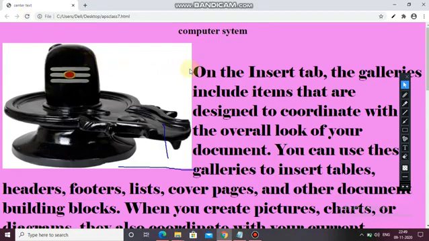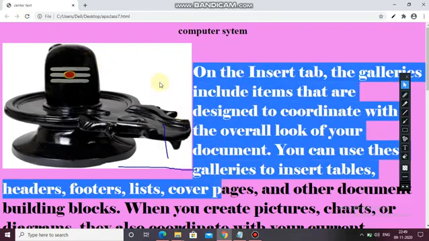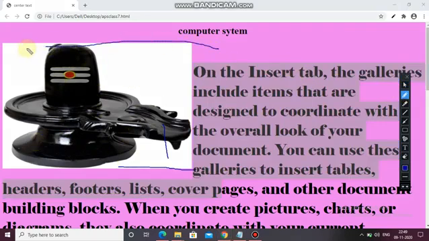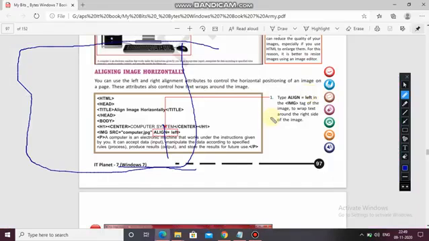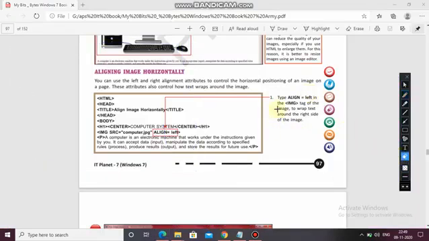See here, the text wrapped here, okay, and the image, okay, here. I think it is visible to you all easily. So you can align your image left, right, okay, wherever you want. I hope this is clear to all. Now align left in the img tag of the image to wrap text around the right side of an image. So you can see it very easily.